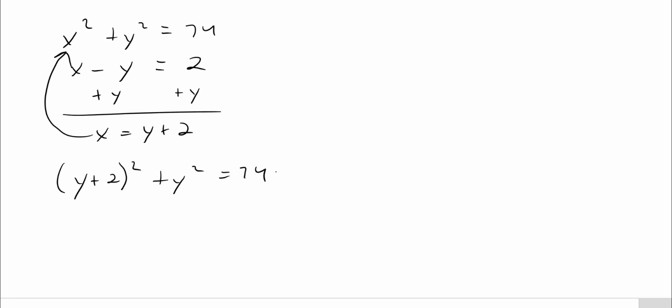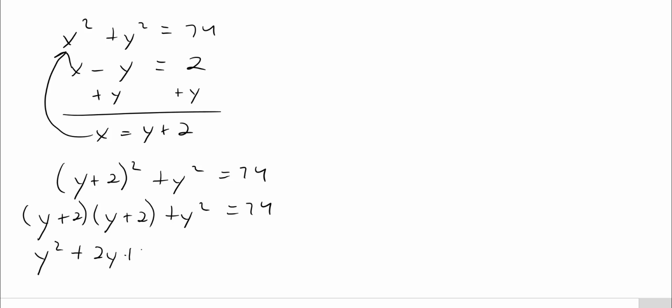Now guys, it's super important that you FOIL this out. So y plus 2 times y plus 2. Please do not say y squared plus 4. You have to FOIL it out. It's so important. So I'm going to FOIL this now. I'm going to get y squared plus 2y plus 2y plus 4 plus my y squared that I have there equals 74. So y squared plus y squared is 2y squared. 2y plus 2y is 4y,